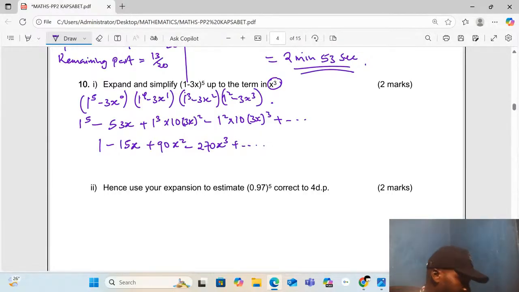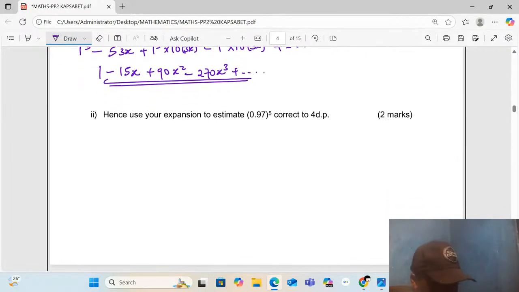So we simply focus on that. The same is expand to the term x is power 3. So we can stop there. Then we look at the second part,